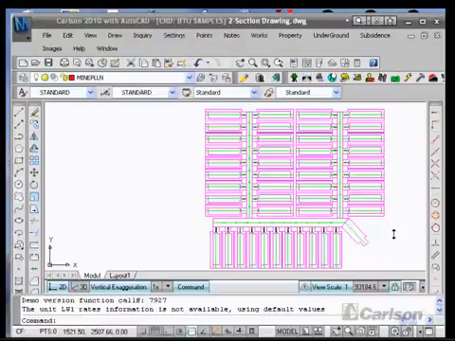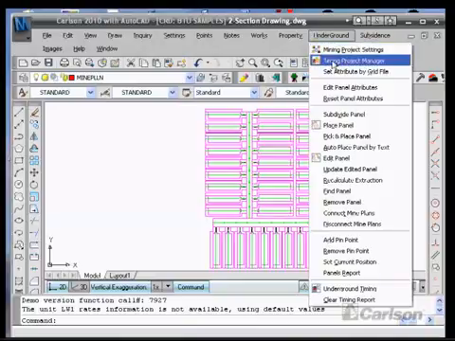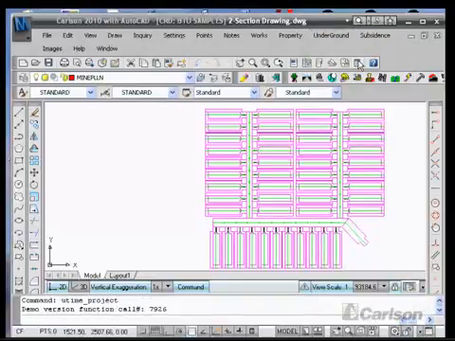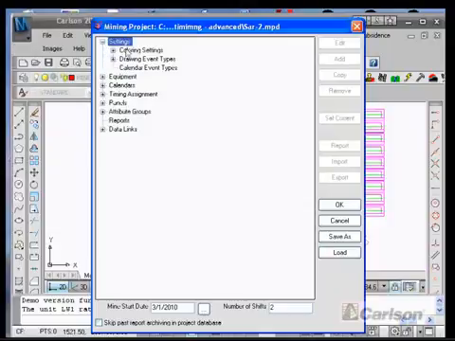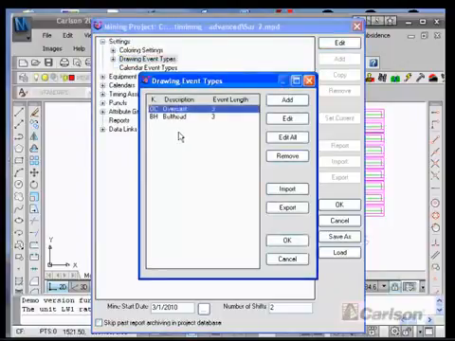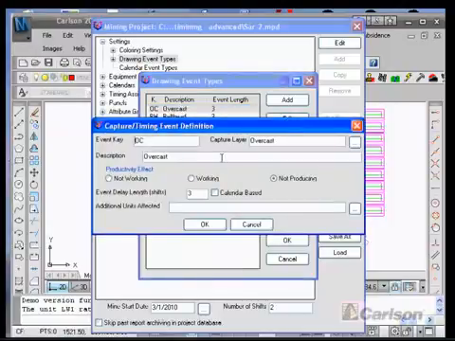The first phase one steps that we'll take here will have to do with looking at the underground project manager, the timing project manager that is. And we'll walk down through here and look at the options that we see here. Under settings, we have drawing event types and calendar event types. If I pick on the drawing event types and edit, I can see that there are overcast and bellhead options put in here, and I can edit these. And I can see that